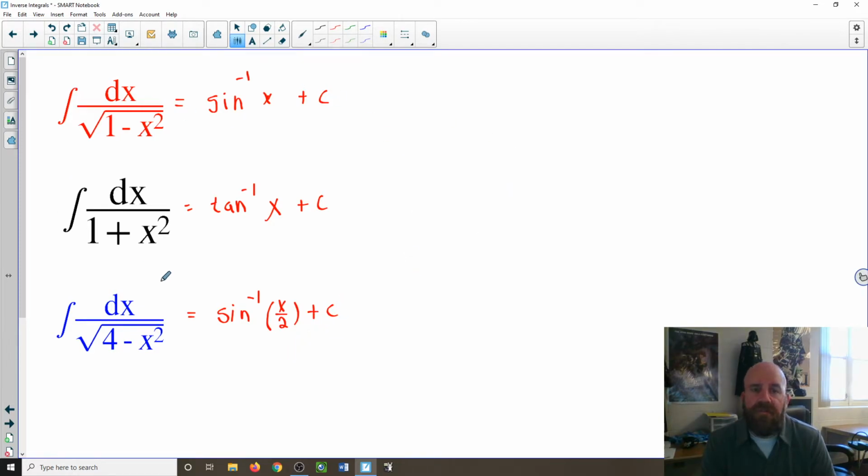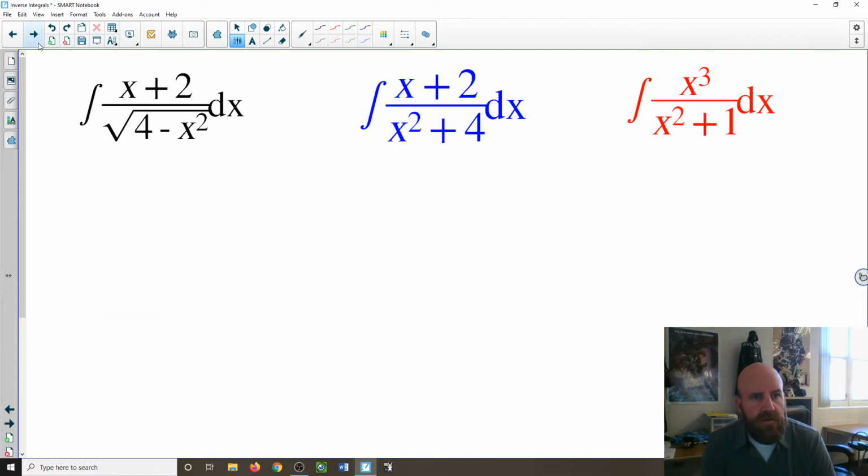So those are the basic ones, these first two. And then if we had a negative dx here, this would be arc cosine. Let's take a look at a couple more here. So let's take a look at this one here, this x plus 2 on top. What we need to do here is split this up into two different integrals. So we have x over square root of 4 minus x squared